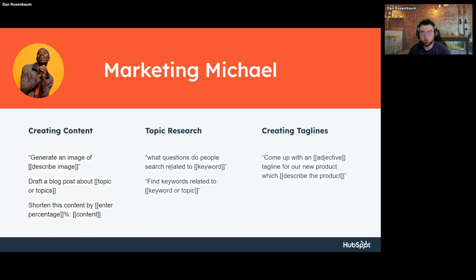I forget what tool it uses for that, but it's like a SEMrush or something along those lines. And then creating taglines too, if you want to ask ChatSpot, come up with an insert-adjective tagline for this new product which does this thing. That's what you can do.